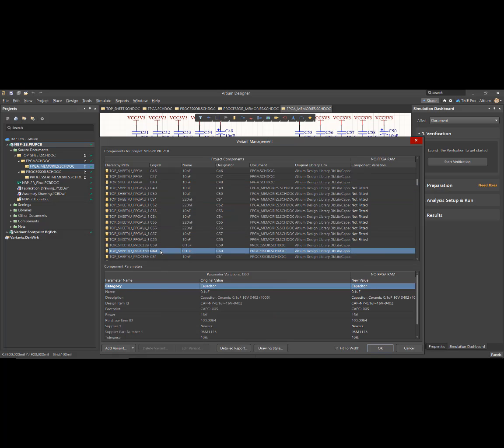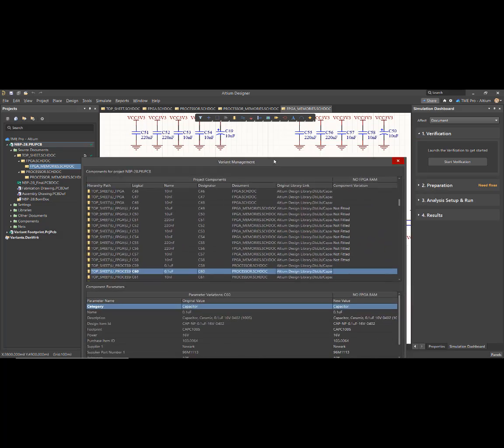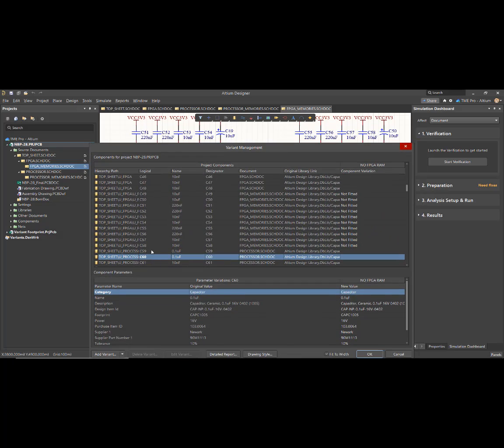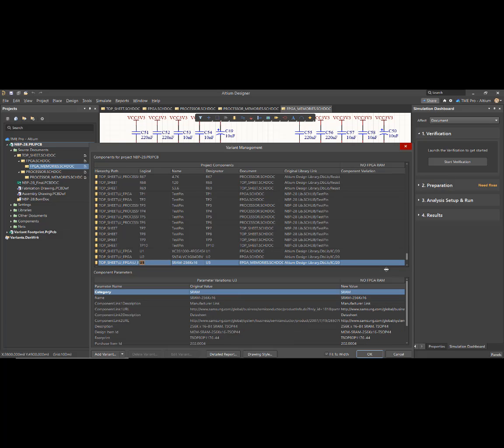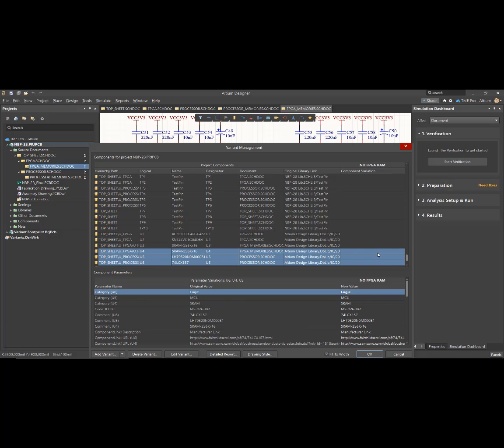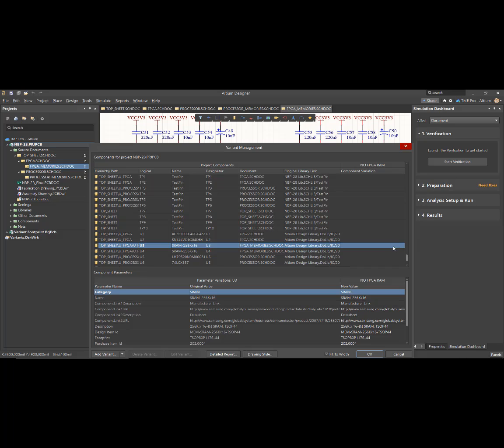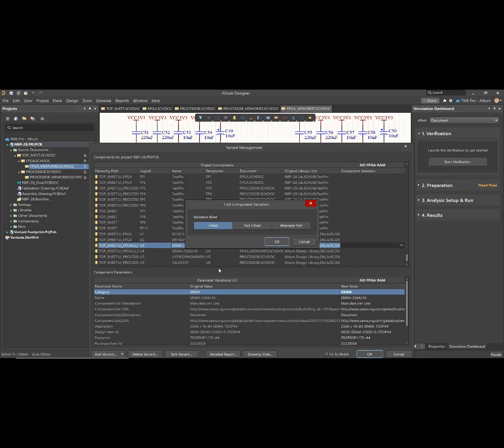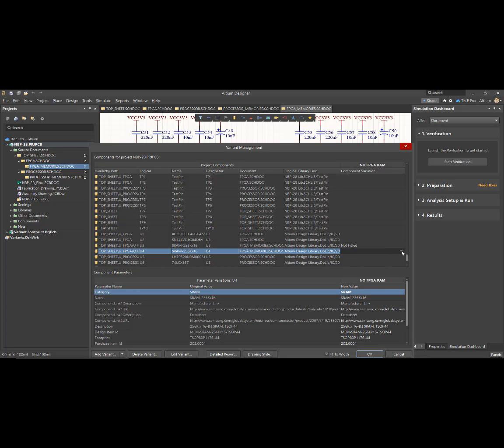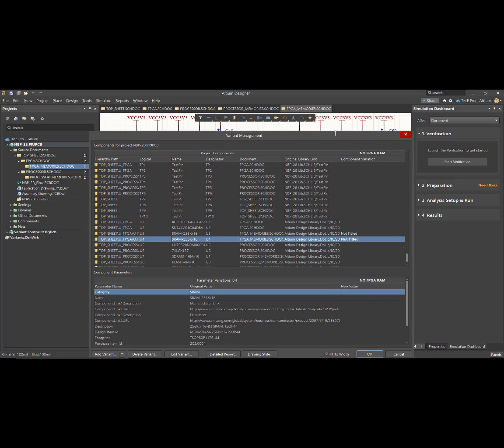Then we'll come down here to, I think it's U3 and 4. Yes. U3. And this time, since I've only got 2 of them, I'll hit the little browse button here. So you can see the little dialog that pops up. I'll set that to not fitted, and I will set this to not fitted as well. Okay, now